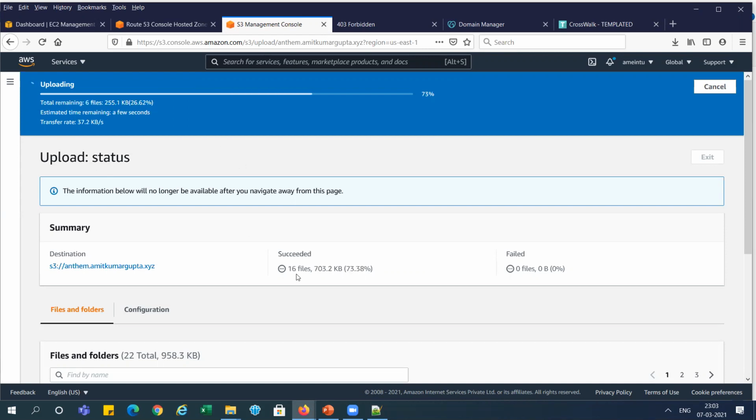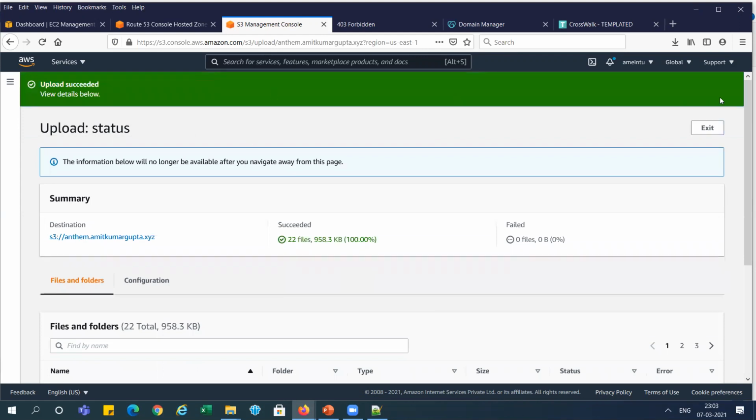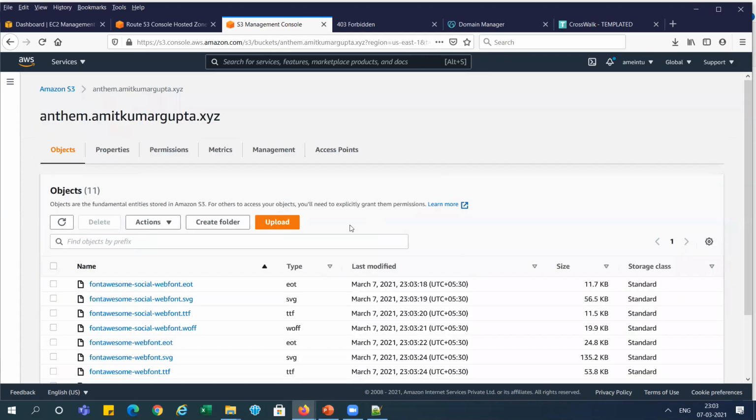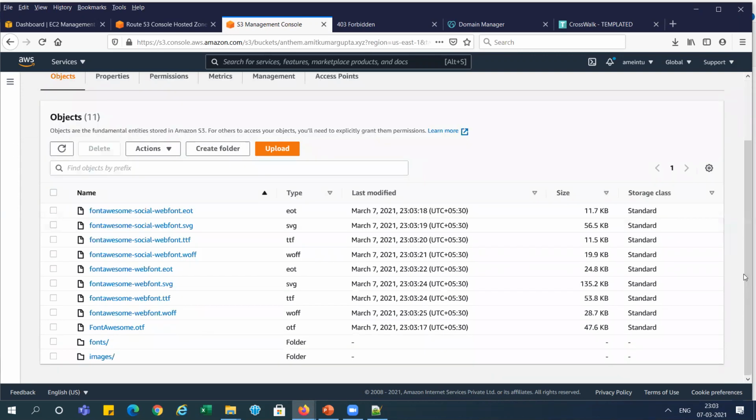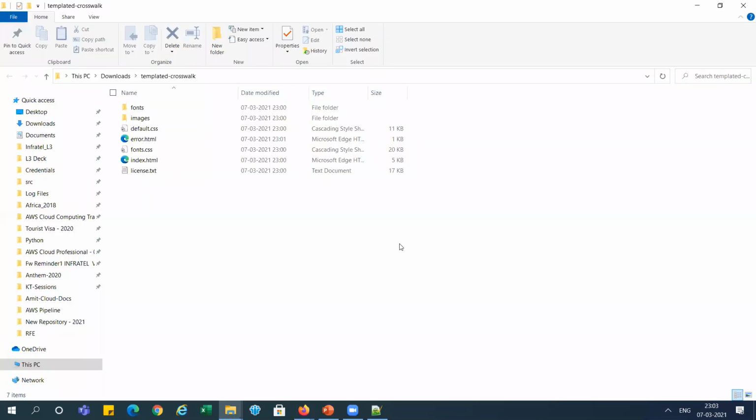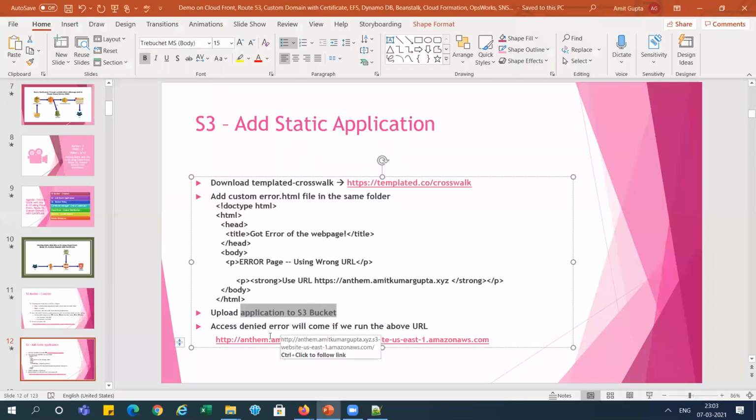It is showing the count here, 18 files, and it is uploaded successfully, right? You can see all those files and two folders here, right? Uploaded here. Now we can see we have done this thing.